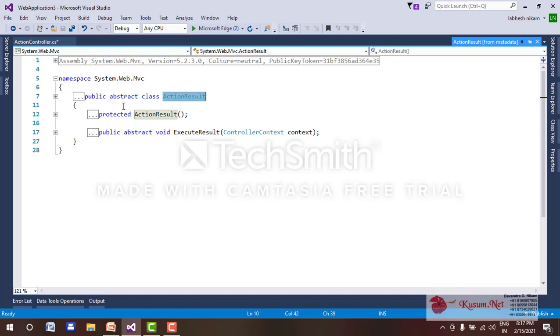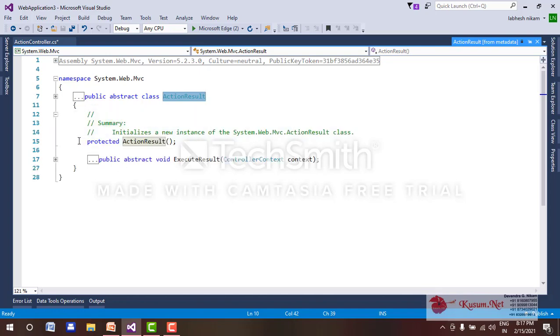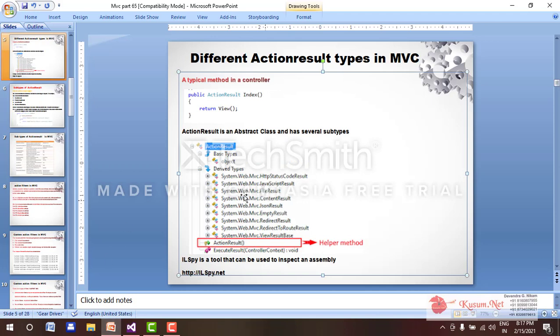The action result class is an abstract class, and all the other types like partial view result and JSON result are derived from action result. You can see all the subtypes of action result, like file result, content result, JSON result, are derived from action result.